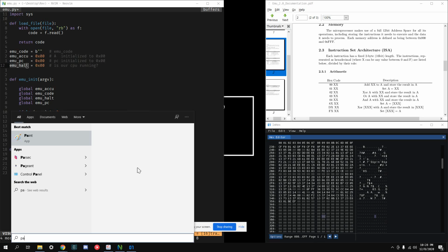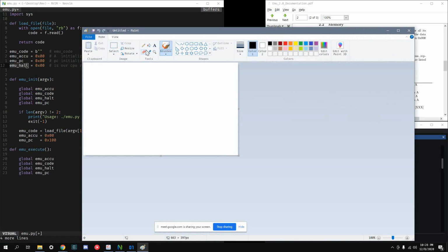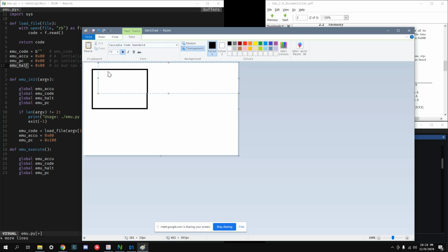Now I remember why I opened Paint. I opened Paint because a CPU has three basic principles, and the first one is